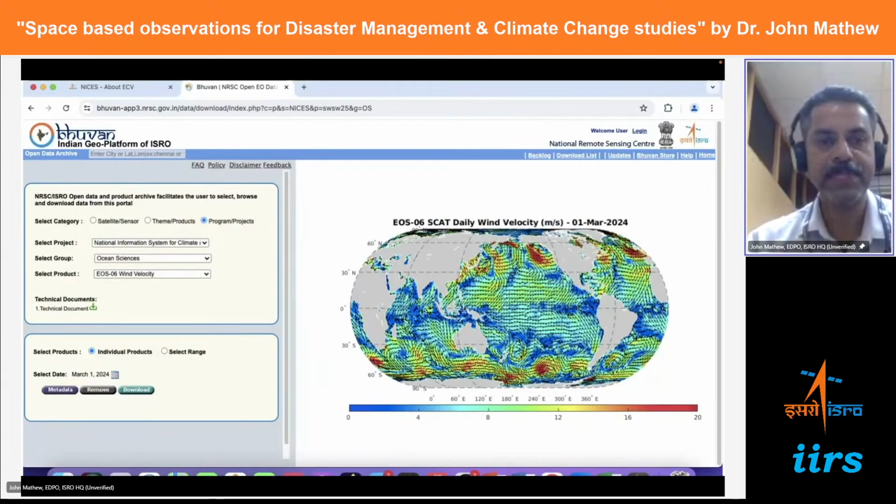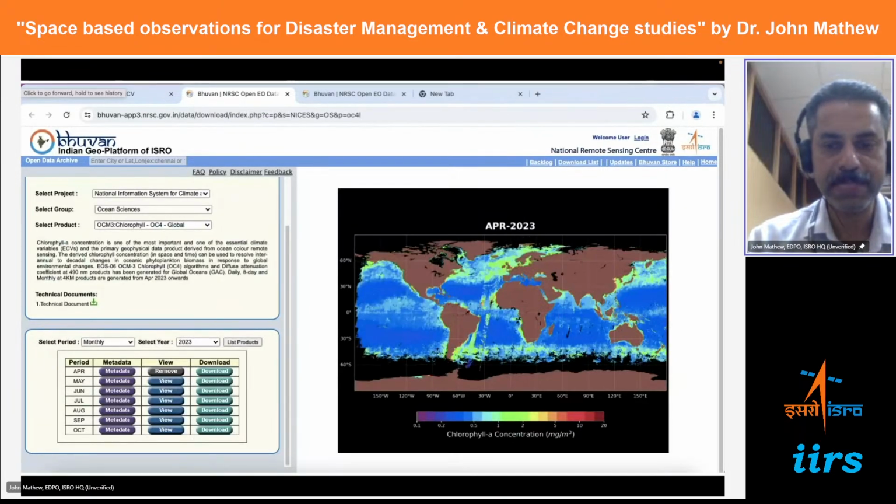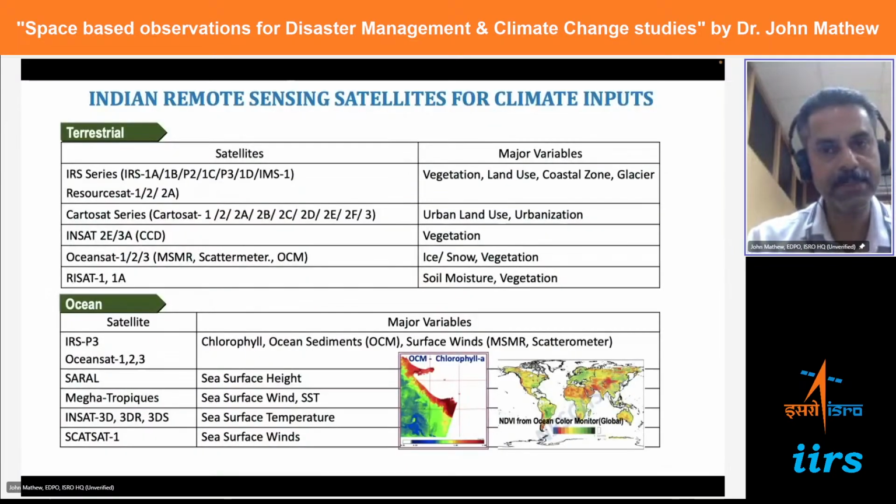So this is actually about the wind vector velocity from our OceanSat-3 scatterometer. And some of the other parameters like chlorophyll concentration are all available. These products are available at the NICE portal hosted at NRSC. I would also like to bring it to your notice that our Indian remote sensing satellites